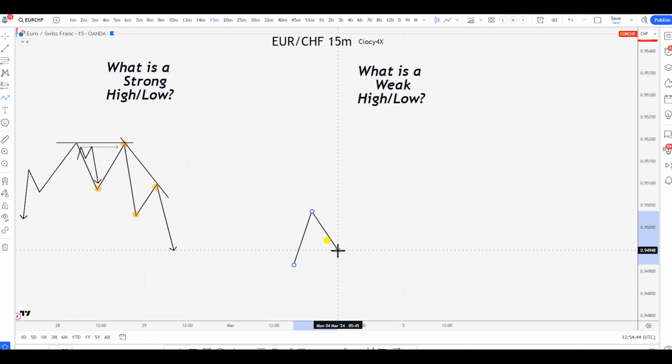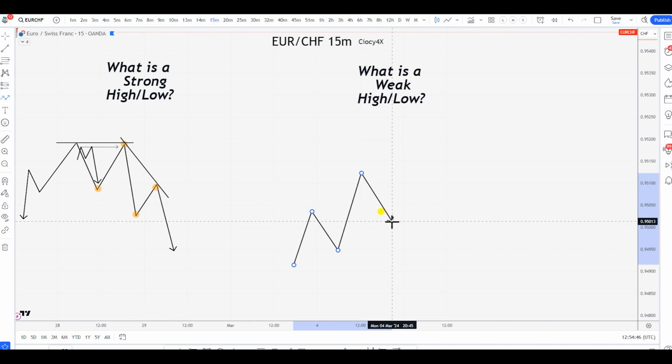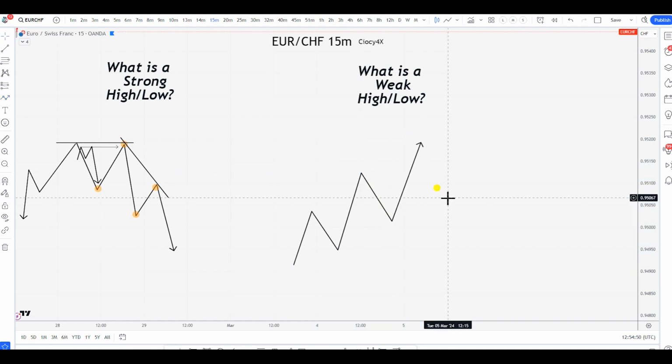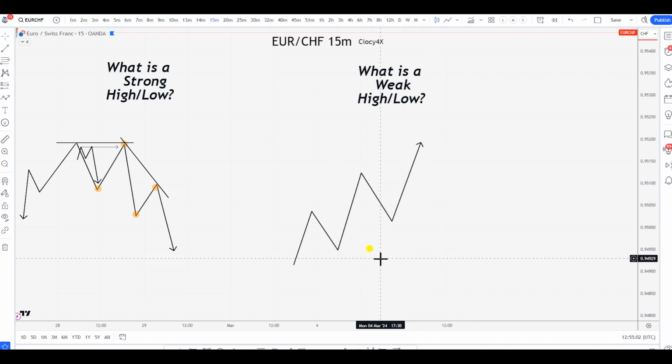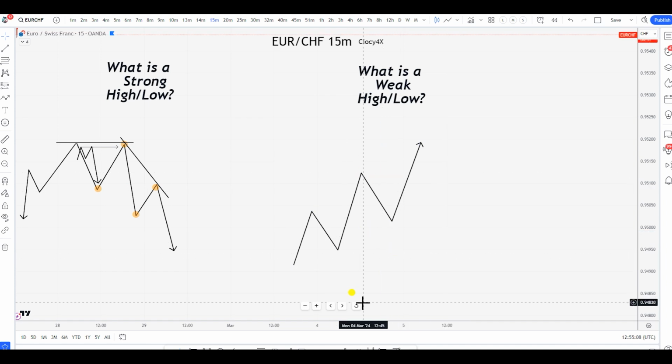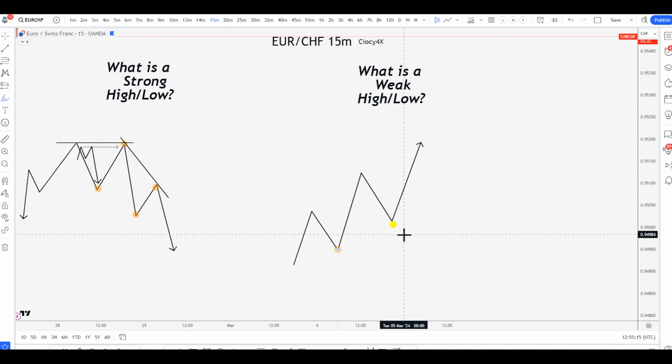But what I'm saying makes sense for a simple reason, because we go where the price goes, right? We cannot go wherever price is not going, isn't it? We cannot go against the price. As simple as that. So why order flow? Because if the order flow is telling me it's bullish and price is going higher, all I need to care about to understand what is my strong high, strong low, in this case, which one is my strong low in this drawing over here. If I follow the order flow, definitely my strong low is going to be this one. It's going to be this one.